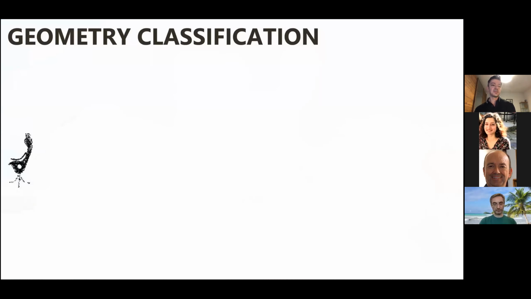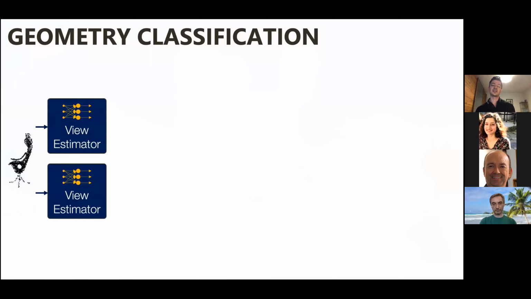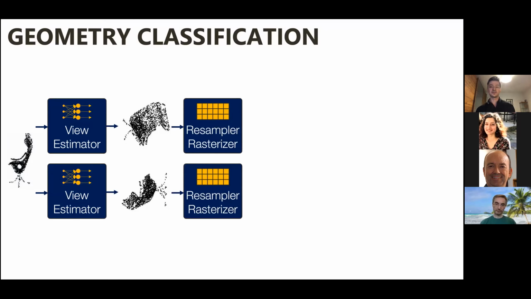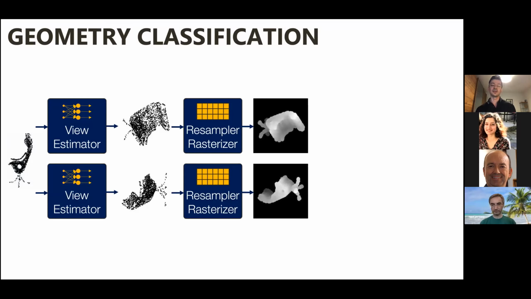So as I mentioned, you can do reconstruction, consolidation, resampling, but you can also do a bit more. For example, segmentation or classification. In this case, the algorithms are pretty much the same. The overall architecture is the same. You can view estimators as before, basically translation and rotation. And you just rotate and translate your point cloud. And then you can, again, differentiably render your point cloud. In this case, we used, again, a simple resample rasterizer to get a depth map out.